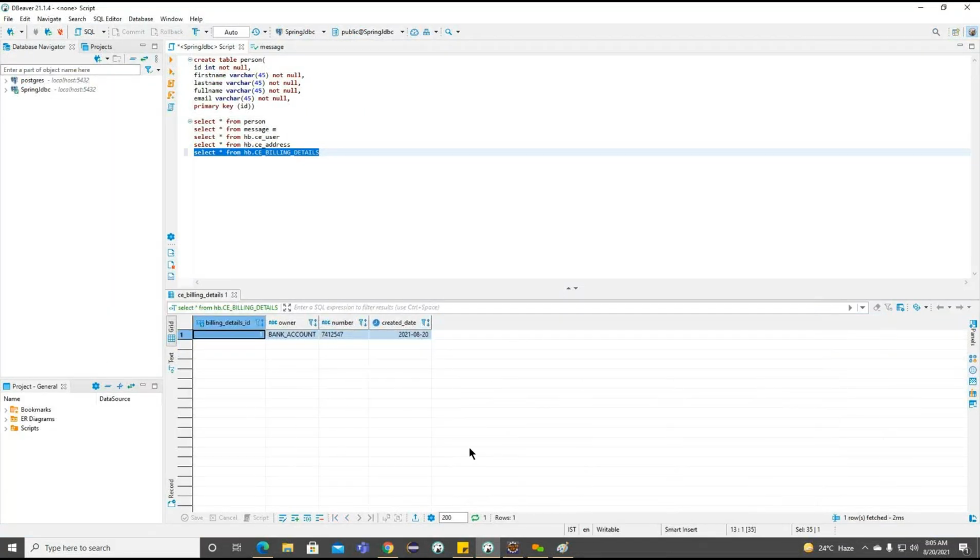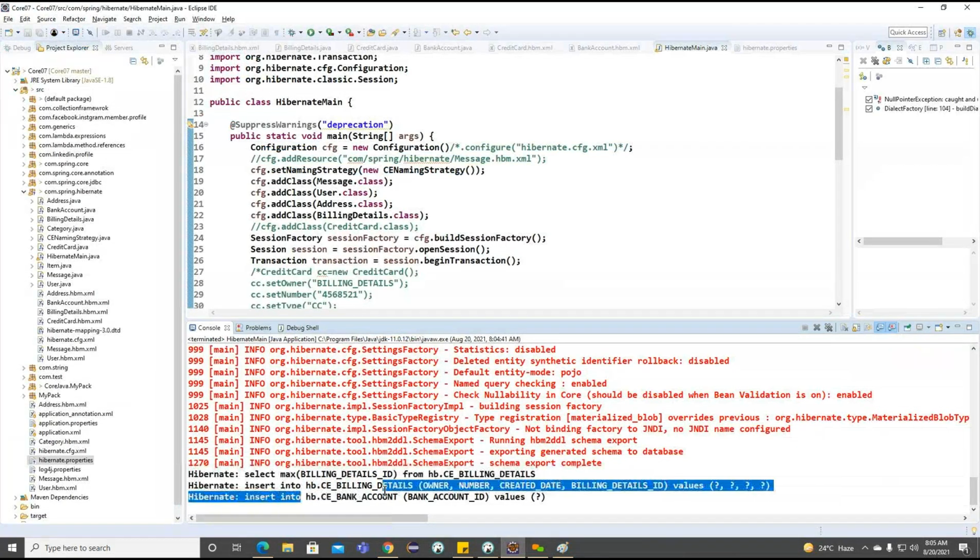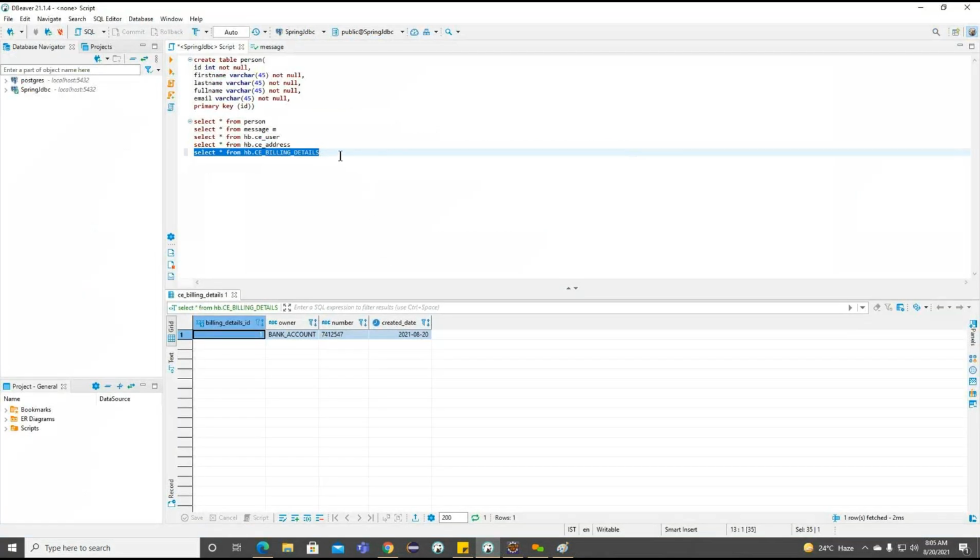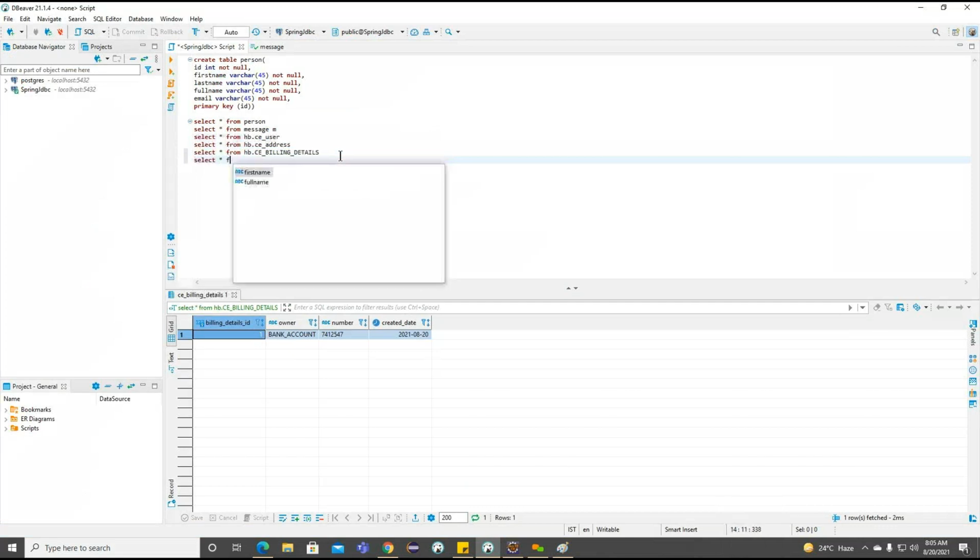Okay, anyway, first we'll try to find out the information. So in this case, the structure is different here. Now observe, the structure is changed here. And we need to work on this particular bank account here. Select star from bank account.